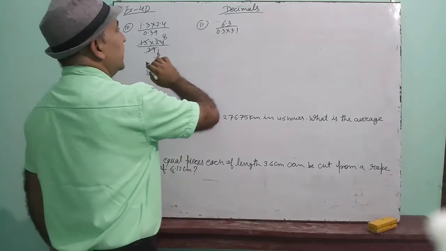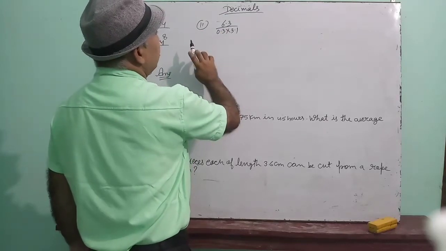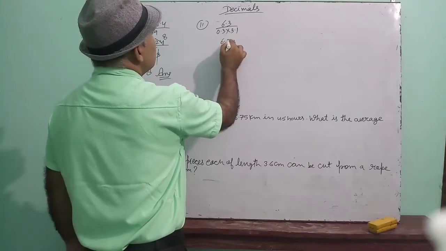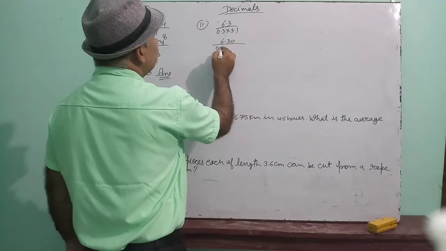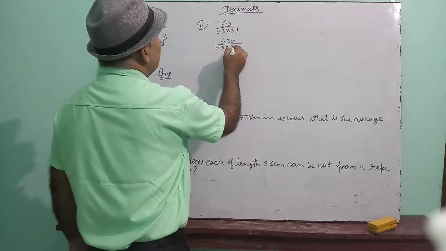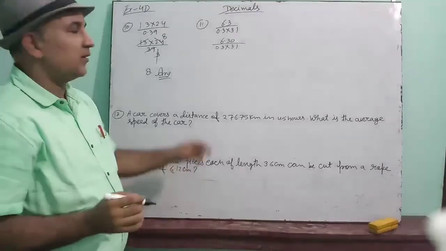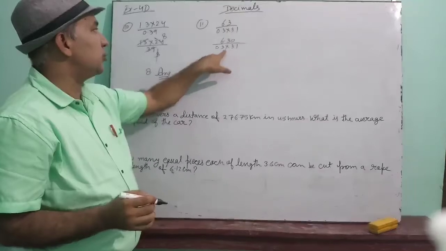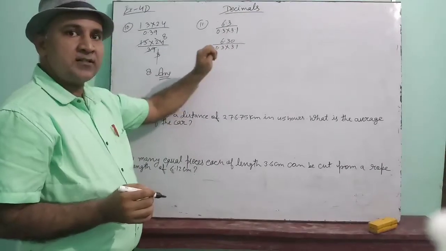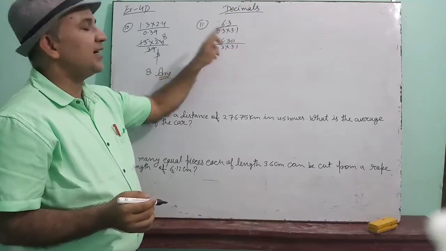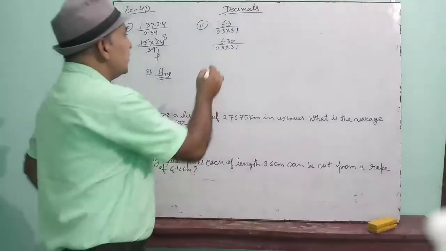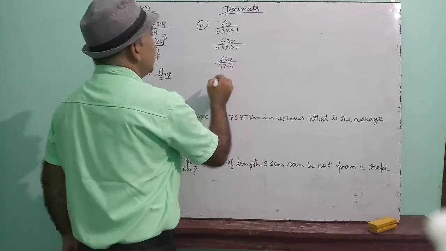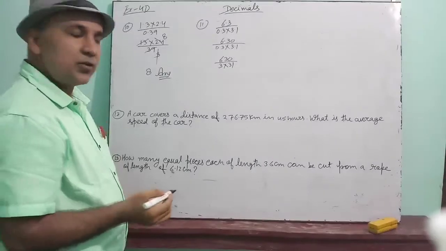Okay. Now see here. In the numerator it is 6.3. In the denominator it is 0.3 into 3.1. So if we write 6.30 in the numerator and 0.3 into 3.1 in the denominator, then it will become like decimals. After multiplication of these two, after the decimal there should be 2 digits, and in the numerator also after the decimal there are 2 digits now. So these are like decimals, so we can remove the decimal. It will become 630 upon 3 into 31. Understood?